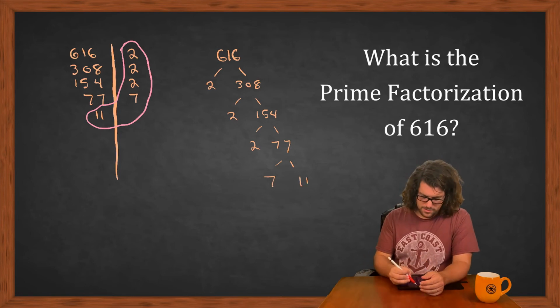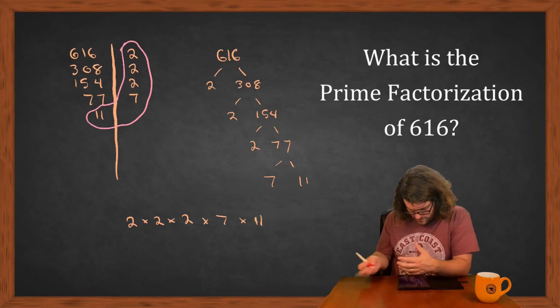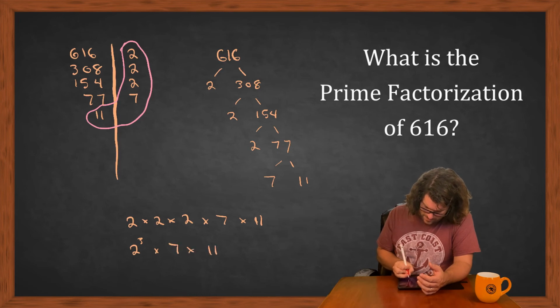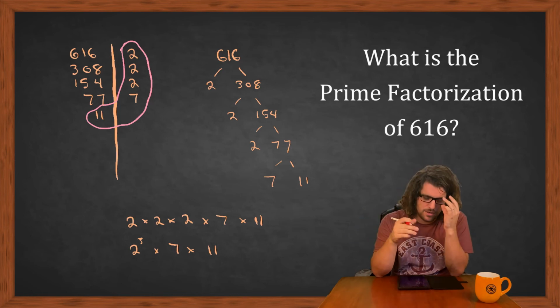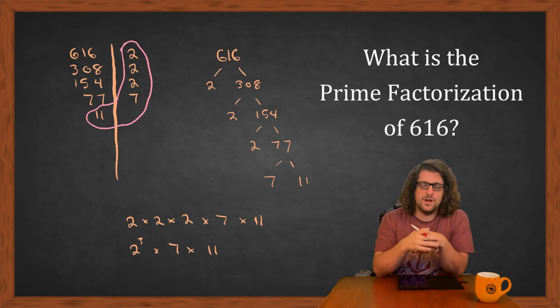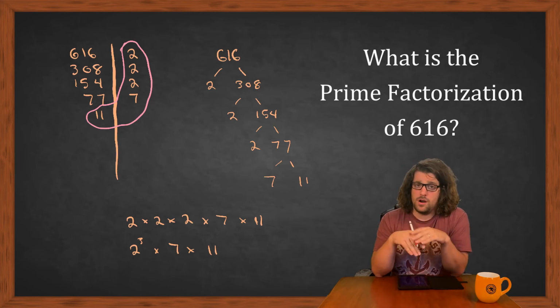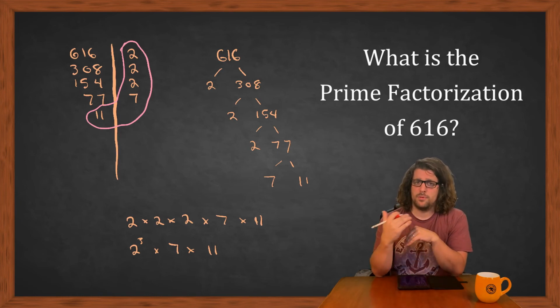So either way I do this, my final answer is going to be 2 times 2 times 2 times 7 times 11, or the same thing but written using a power instead. So 2 to the power of 3 times 7 times 11. And either way we write that, we've got an answer. So that one's a little bit more busy. You can, of course, have even larger numbers involved here. The method is going to always be the same. And if you are at any point uncomfortable with the values that you're playing around with, break out your calculator